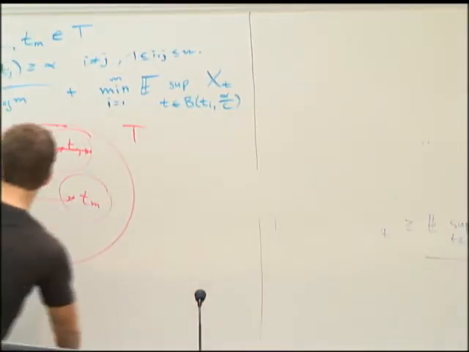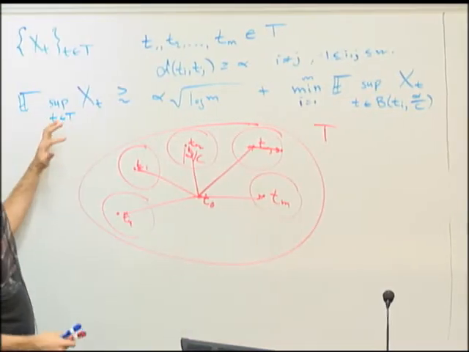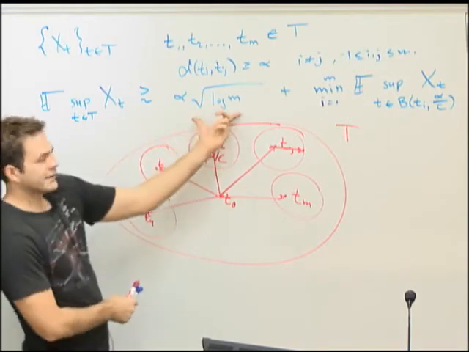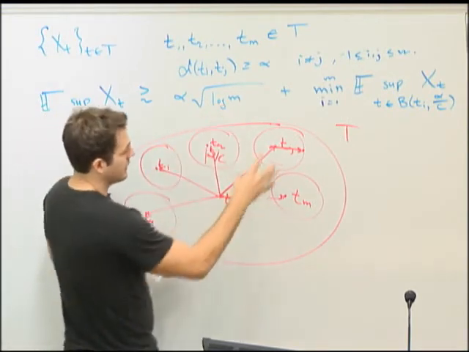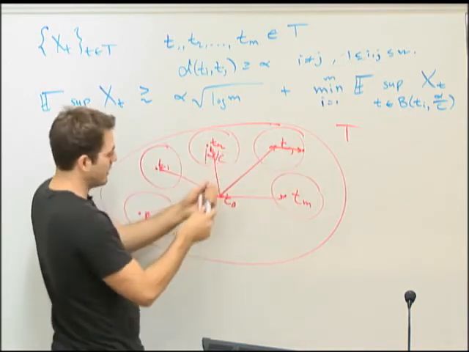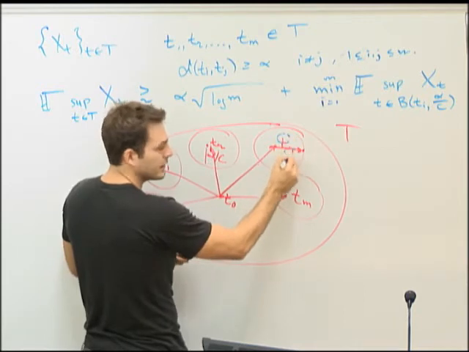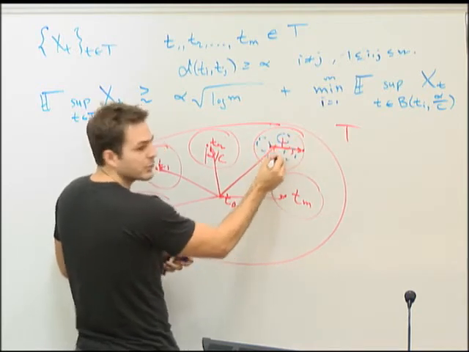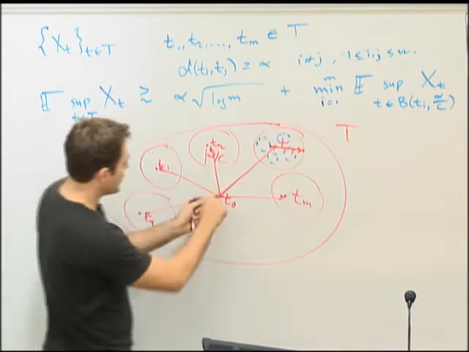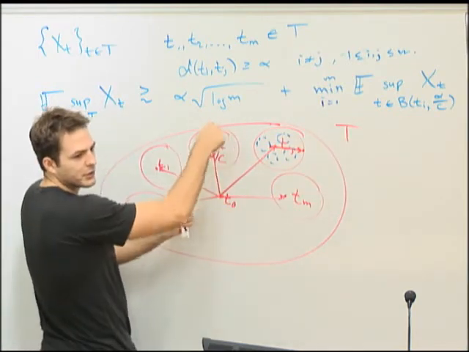But this indicates that we're going to prove a lower bound by some kind of iterative process. We find these balls that are well separated. We get this contribution now, and then we get a contribution. Then we get to go inside one of the balls and get the contribution there. Of course, inside the next ball, we're also going to do something similar and keep recursing. But the reason it's hard is because we only get the minimum. We don't get to choose which one of these values is going to be large. We only get the minimum one.